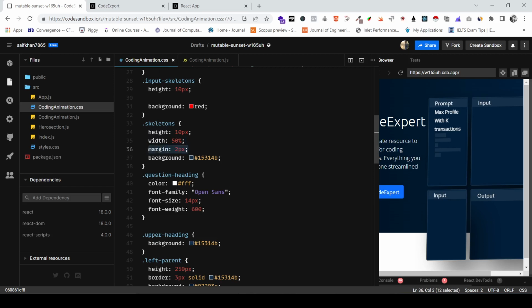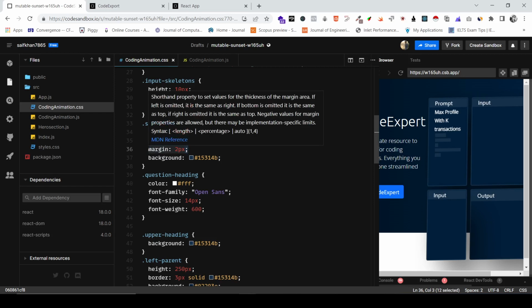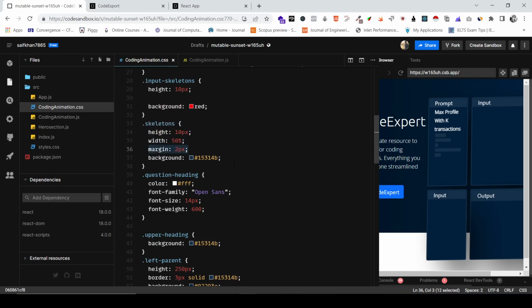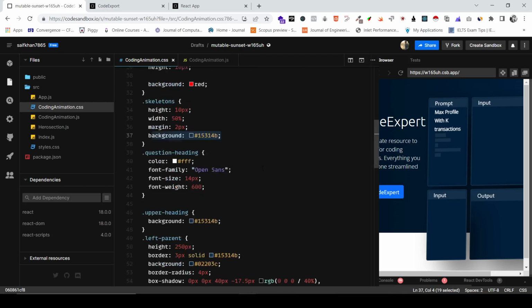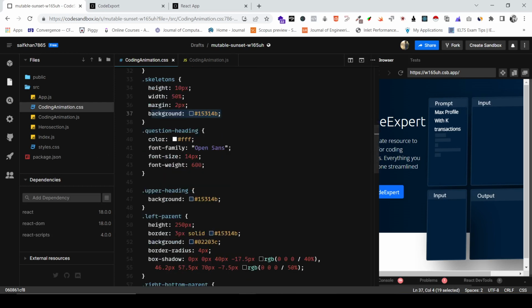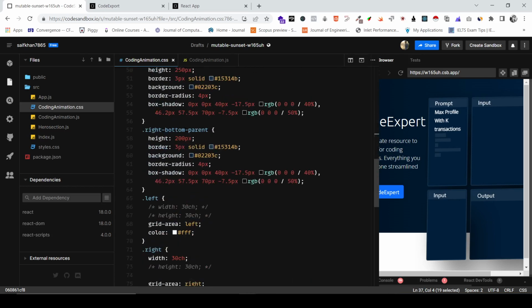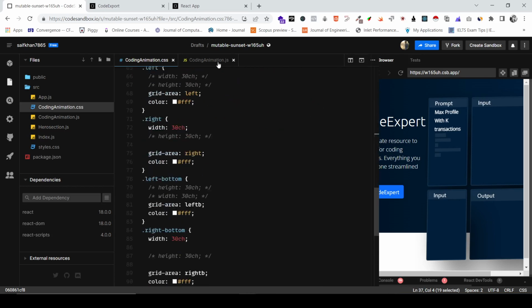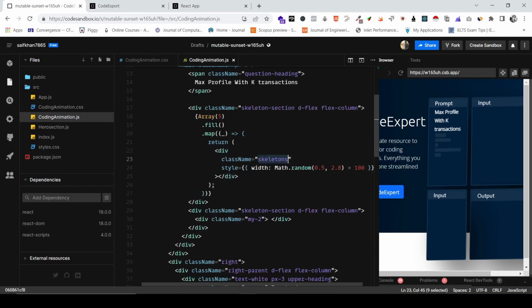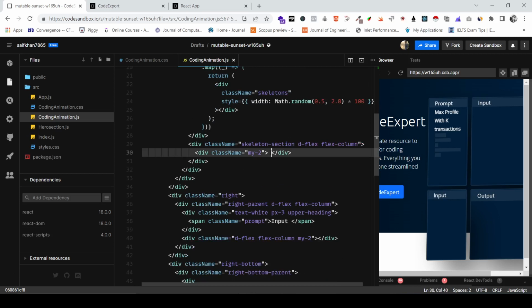The margin would be 2 pixels everywhere, and the background color would be a little bit light, like the input color. Then after that there is the skeleton section, which I don't think is needed over there. Anyways, now let's move forward and add the other section